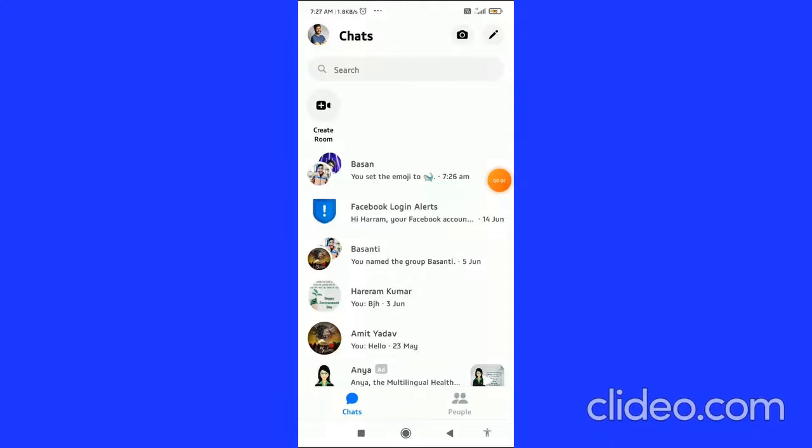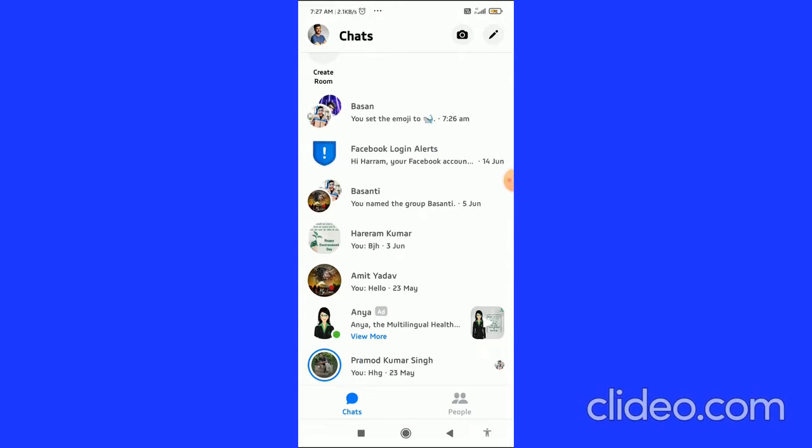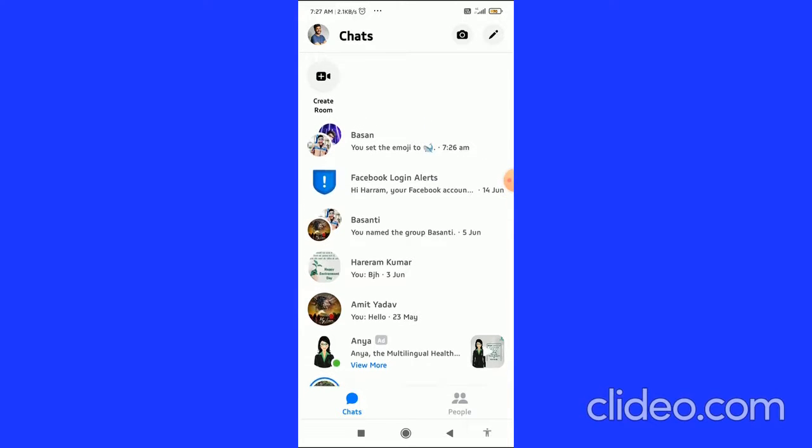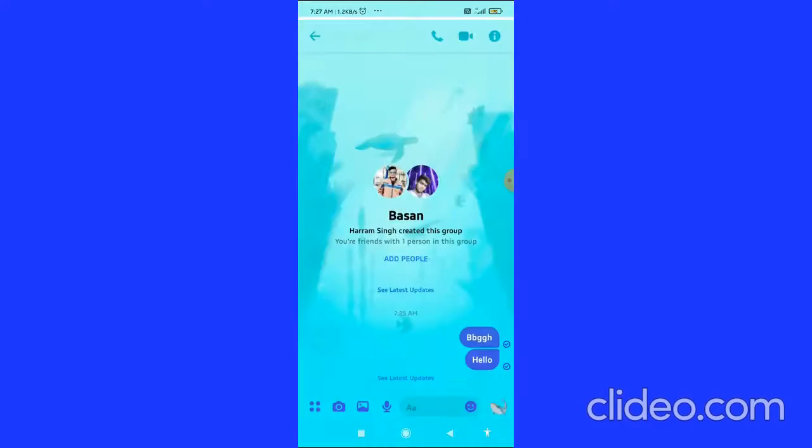How to unsend messages on Facebook Messenger in 2021. That's what I'm going to show you guys in this quick video. So let's get started right away. Firstly, what you have to do is open any of the chat